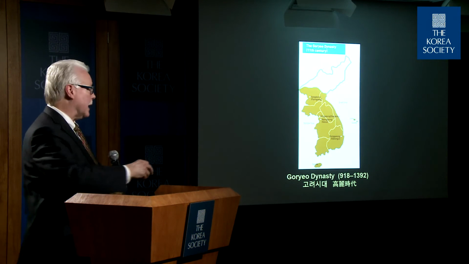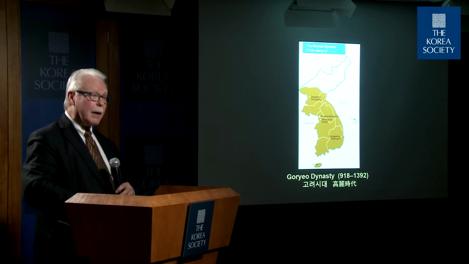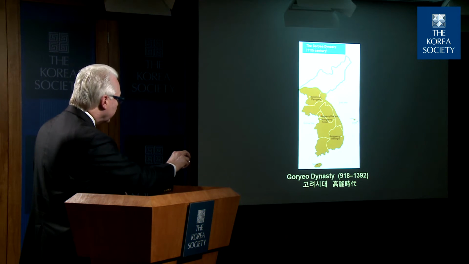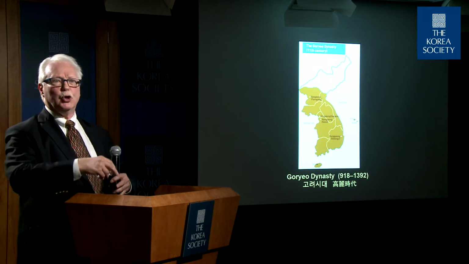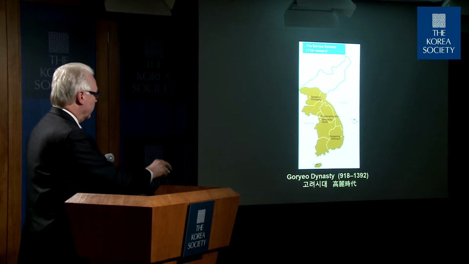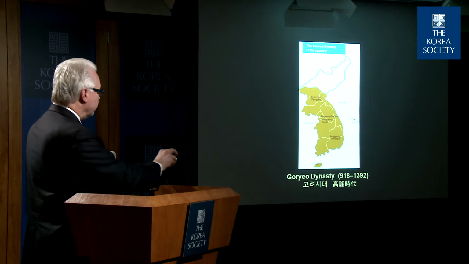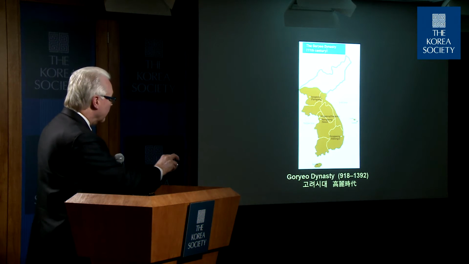That continued as the capital under Unified Silla, but with the establishment of Koryō, the capital moves to the north in this region here, modern Chosun, which is just across the 38th parallel in modern North Korea. Seoul is here, which was a small city at the time. Pyongyang is up here, which was important as a sort of secondary capital. But the main capital was